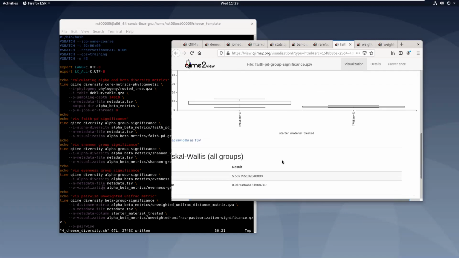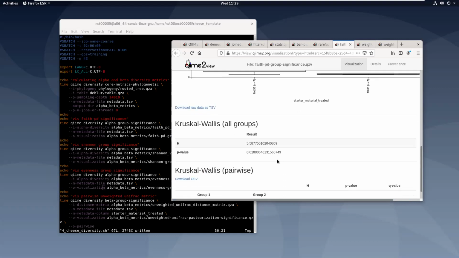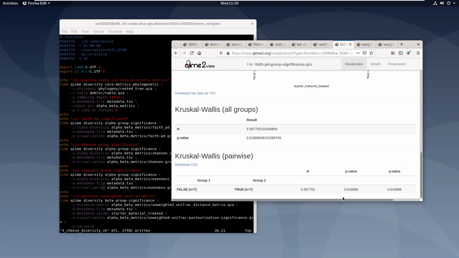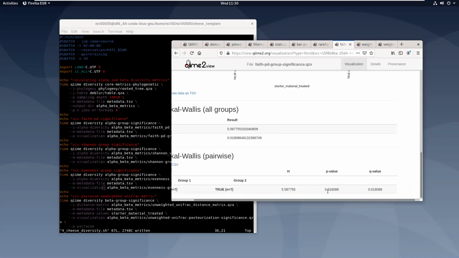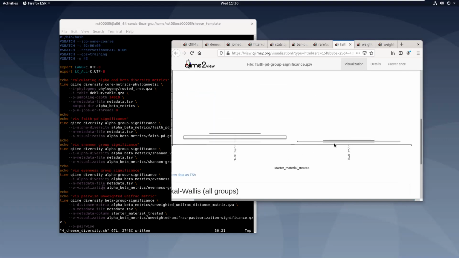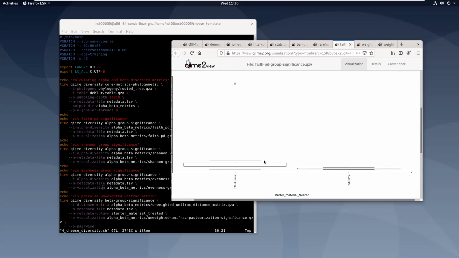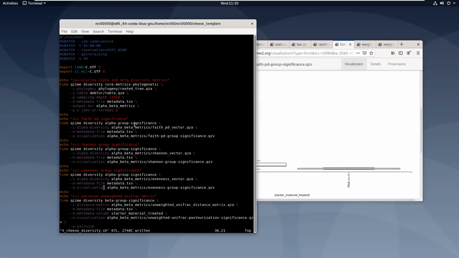And if we scroll down, we see the p-value. So the p-value of this comparison is 0.018, which basically indicates that there is a significant difference between the phylogenetic diversity of samples that have been treated with the process of pasteurization and samples that haven't been treated with the process of pasteurization. So yeah, that's one example of